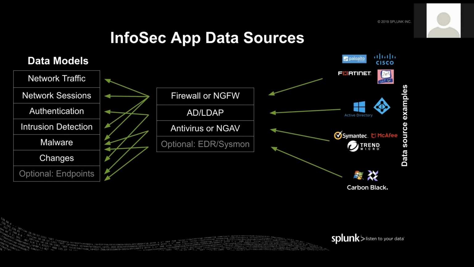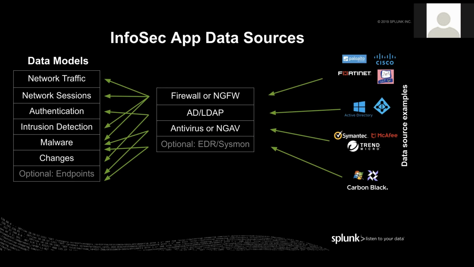And every single organization will have some form of antivirus or next generation antivirus in place. Those 3 data sources already are a fantastic start just to understand what's happening in the environment from a security point of view. Obviously, it doesn't give you 100% of the coverage, but it gets you, I don't know, maybe 70% there,